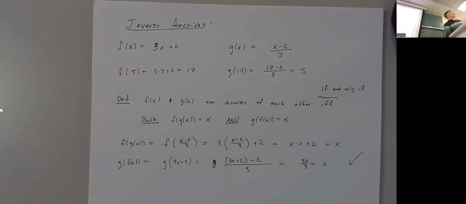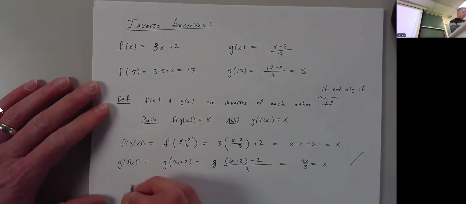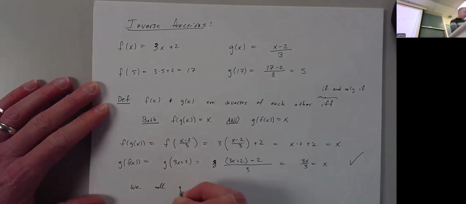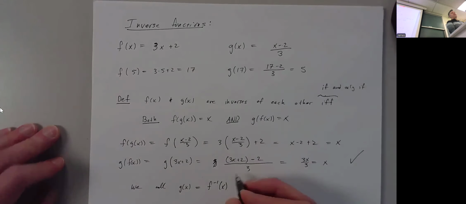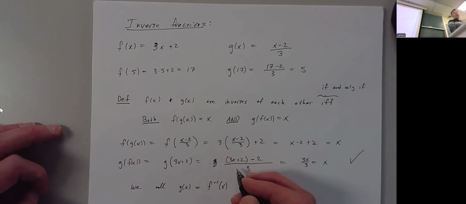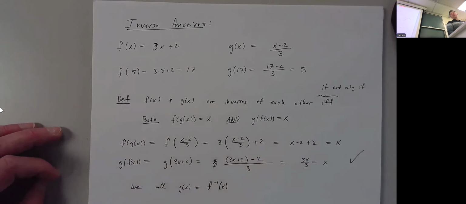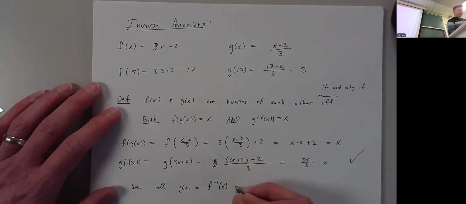If two functions are inverses, we usually call the other function f inverse. So we would call g of x by the name f inverse of x. We do not say f to the negative 1 of x. We say f inverse of x. That is the correct and really only way you should say it. Notably, it is not